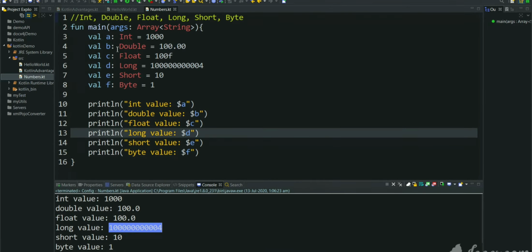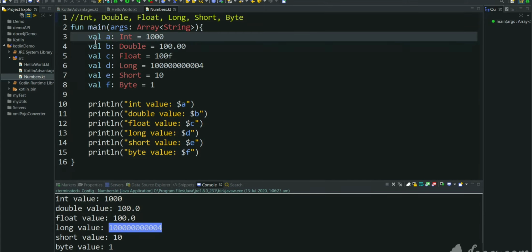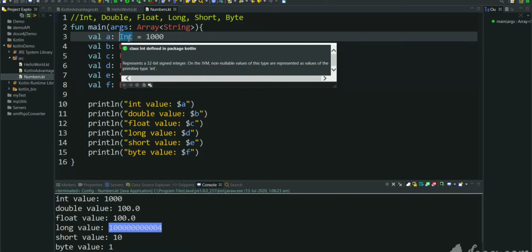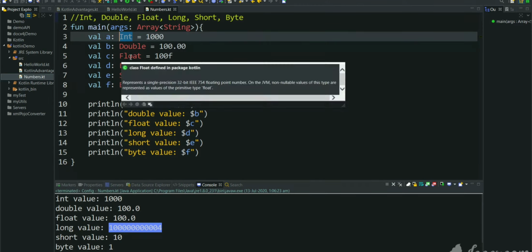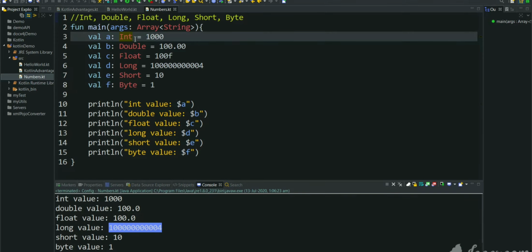And now we have declared variables in Kotlin. These are the number data types, and we have printed them. And still we can optimize declaring the variable. Here we are mentioning that this variable is an int data type, but Kotlin can determine the data type of the variable based on the assigned value. We do not need to mention int, double, float, long, short, or byte. If you assign a value to a variable while declaring, Kotlin automatically knows the data type, like in JavaScript. In JavaScript also we were not mentioning any data types. And let's remove these data types and see.